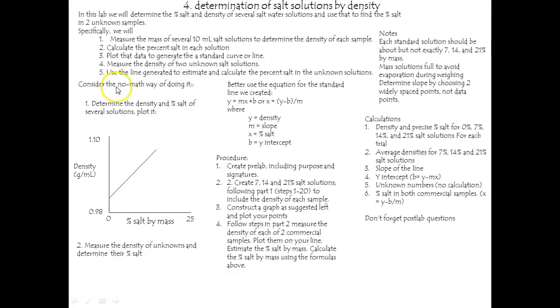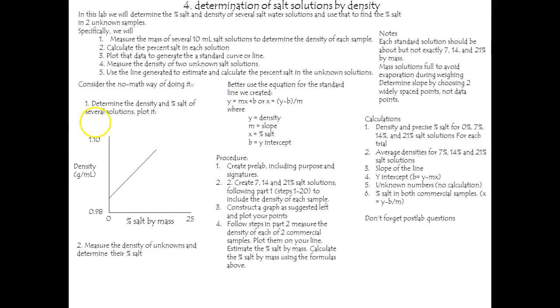Let's take a look at the no-math way of doing it, which is pretty close to the way we'll be doing it. First, we get the density and percent salt of several solutions. We'll plot that to get 3 or 4 points. Then we'll measure the density of the unknown solutions, just like we said. Say one of them shows up here. You could then estimate that the percent salt by mass would be whatever that number is, say, I don't know, 10 or 15